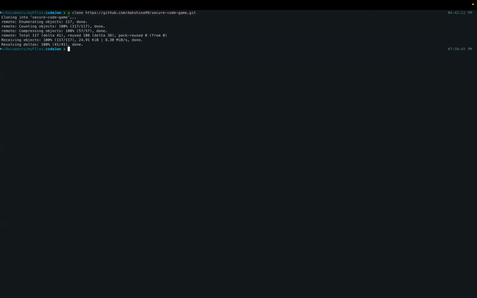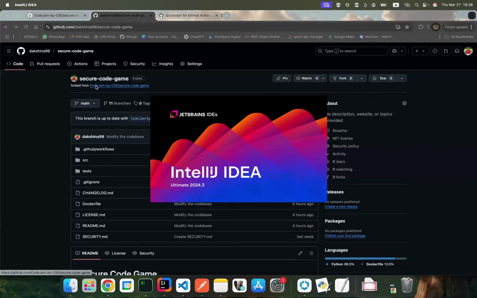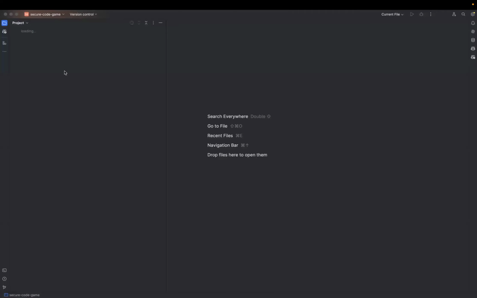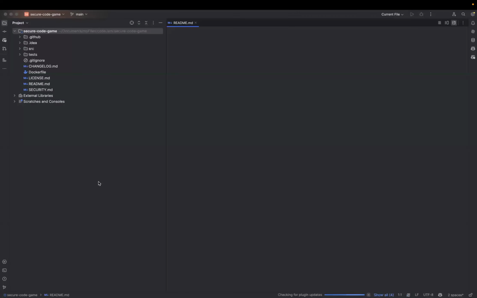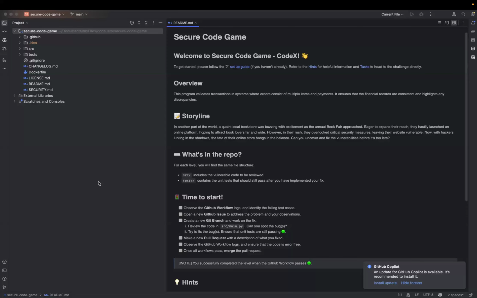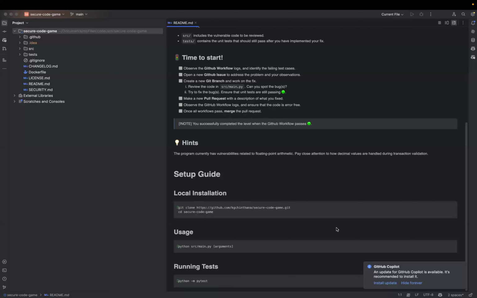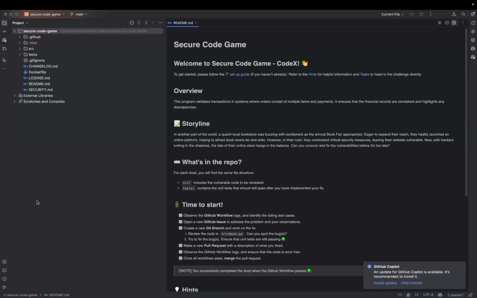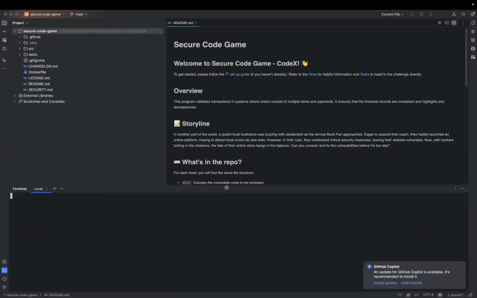So you can clone the repository. Again, I prefer an IDE. Okay, I opened it in IntelliJ. If you have some kind of IDE like IntelliJ or VS Code, it's better when you are coding, as it's very easy to do all the things that we want using this kind of IDE.